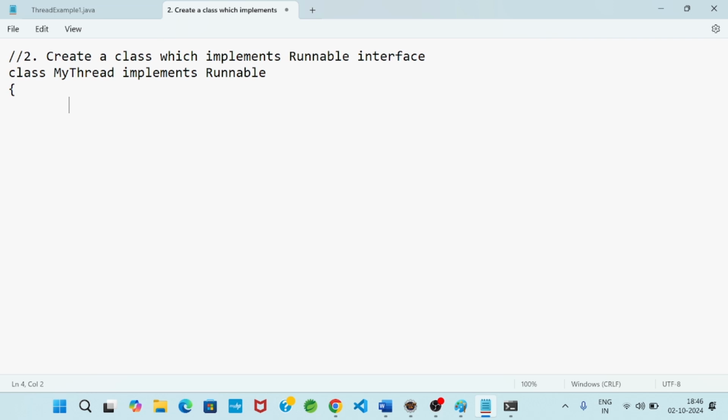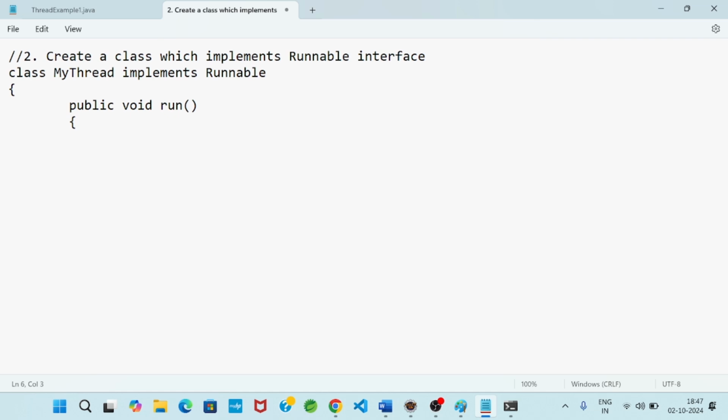To fully define a thread, it is mandatory that we define the run method. Without the run method definition, a thread cannot be defined. Since it is a class, MyThread, you can do everything.